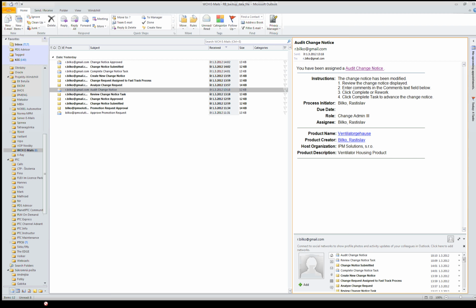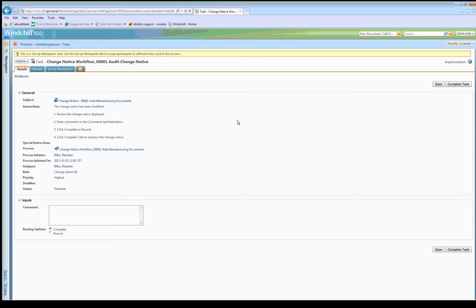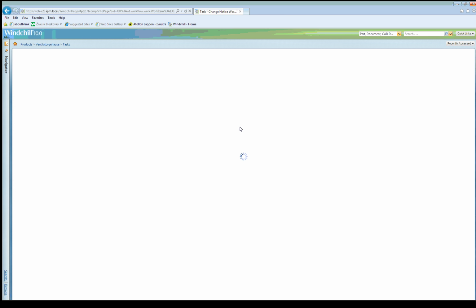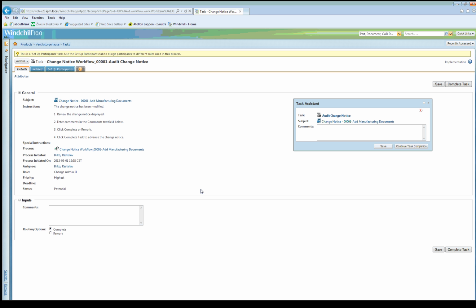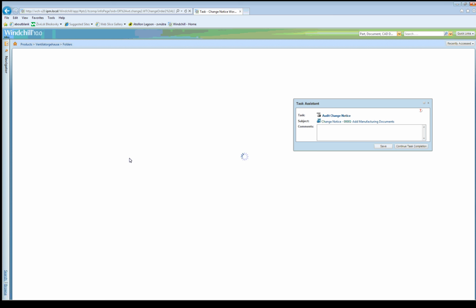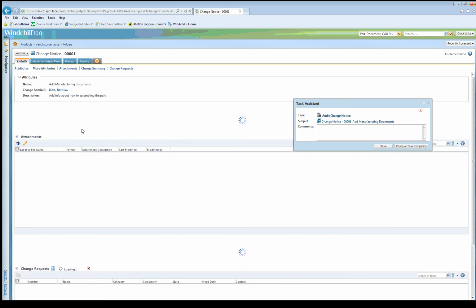I can switch to the same page which I had displayed earlier. So this is the same page, and you don't need to check your database. Simply click on the links in the emails. Okay, this is the page with the change notice,